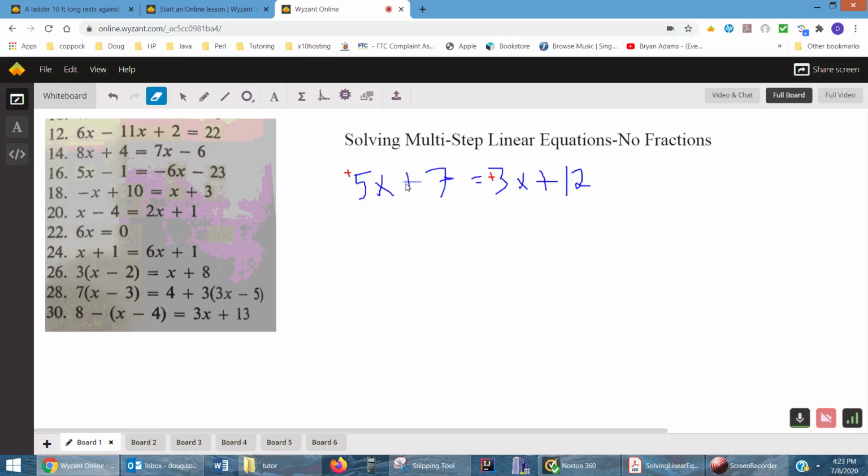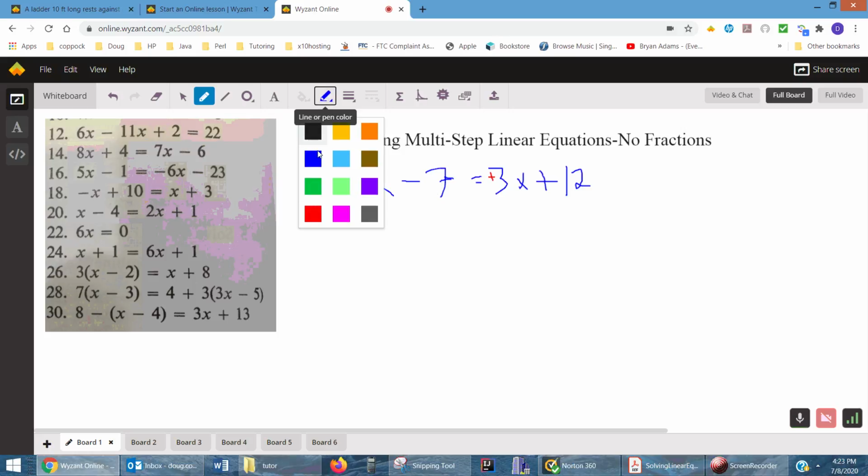So actually, just to make that clear, let me change this to a -7. Okay, so that minus sign travels with the 7. And there's an understood plus sign between the two terms on the left side of the equal sign. 5x is one of the terms, -7 is the other term. On the right side of the equal sign, we have a term of plus 3x and a term of plus